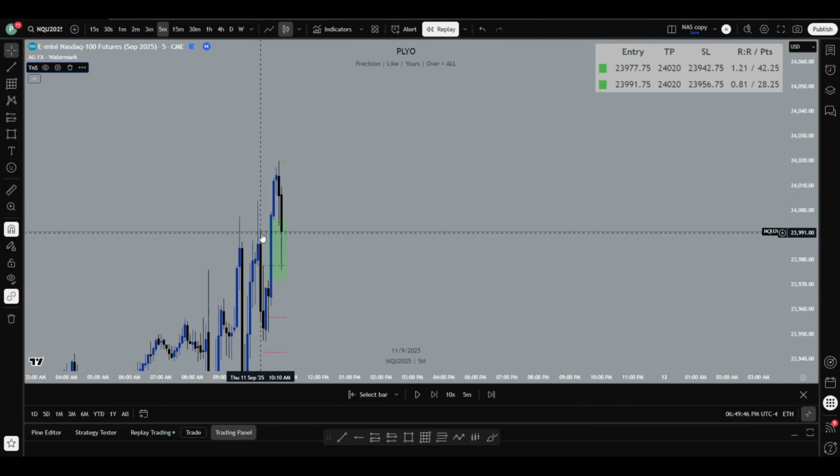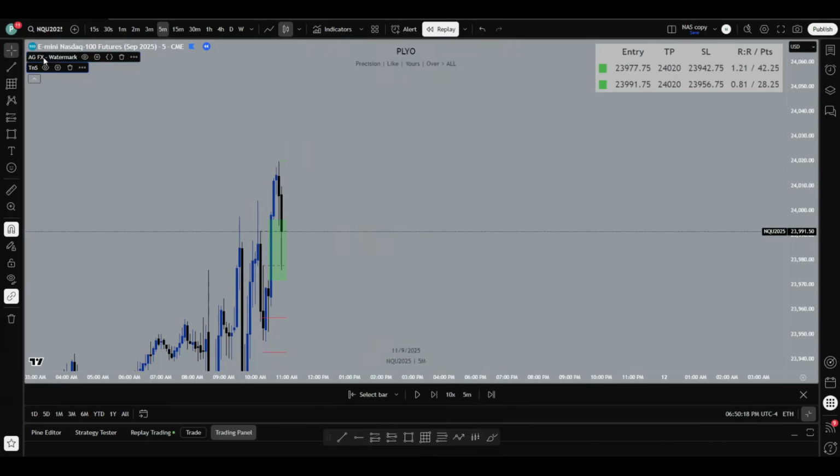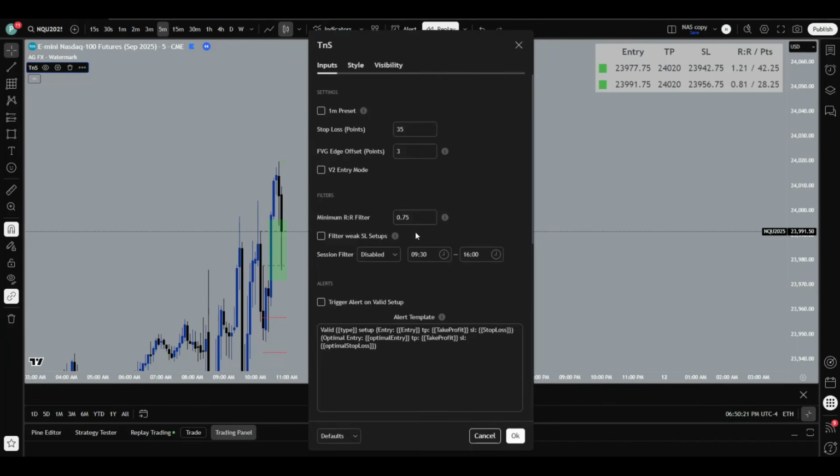You can see it is for 0.8R, which means it's going to show me any setups that have 0.25R or more. And it moves in increments of basically 0.25. So 0.5, 0.75. Now, say, for example, there's a setup that had a TP for 0.6R and I have this at 0.7, it would not show me that setup. And that's why it's very useful, because you can change this to whatever you want, however much risk to reward